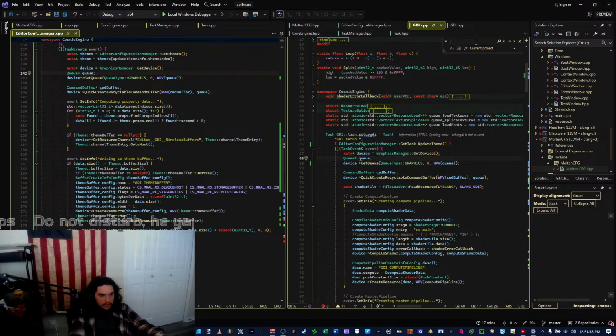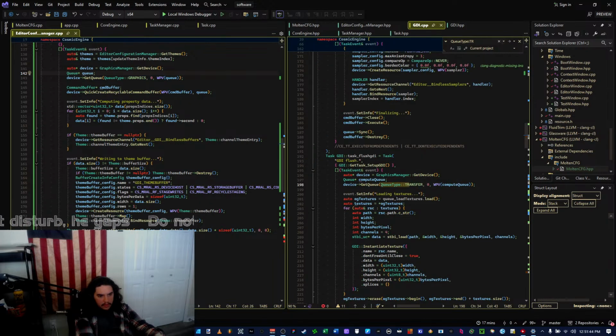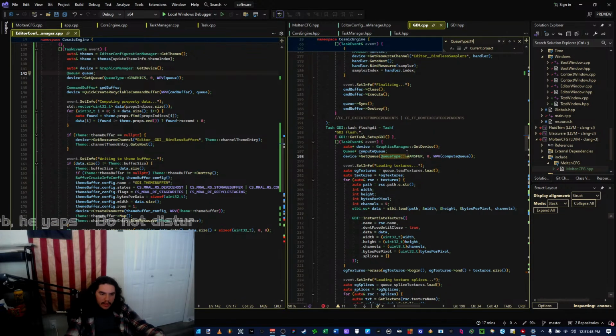Current project, and I'm going to do Q type. I don't need to do it on the transfer queue anymore. I can just switch it to the graphics queue, right? I don't know.